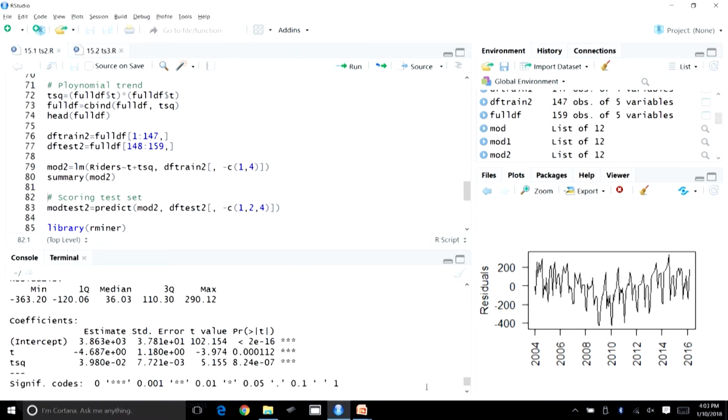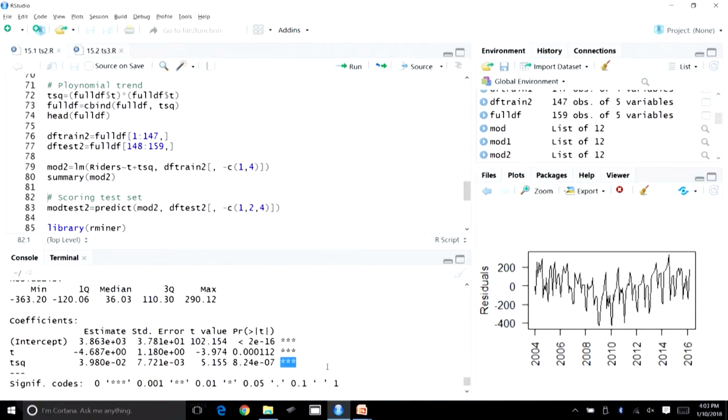If we look at the result here, we can see t and t square, and both seem to be significant here. So, this model is also significant. If we remember the linear trend and the exponential trend models that we had built in the previous lectures, they were also found to be significant. This one, the quadratic model, is also found to be significant.